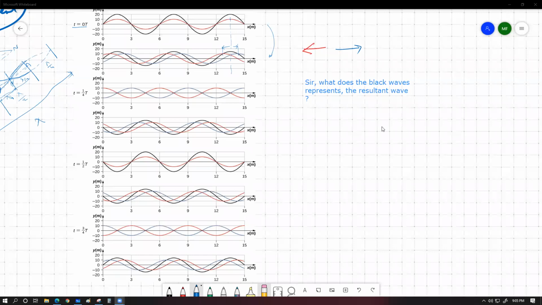So what do you understand by this waveform? Yes, sir. One wave is moving in one direction and the other wave is moving in the other direction within a very tiny amount of time. The spacing is changing. So at this